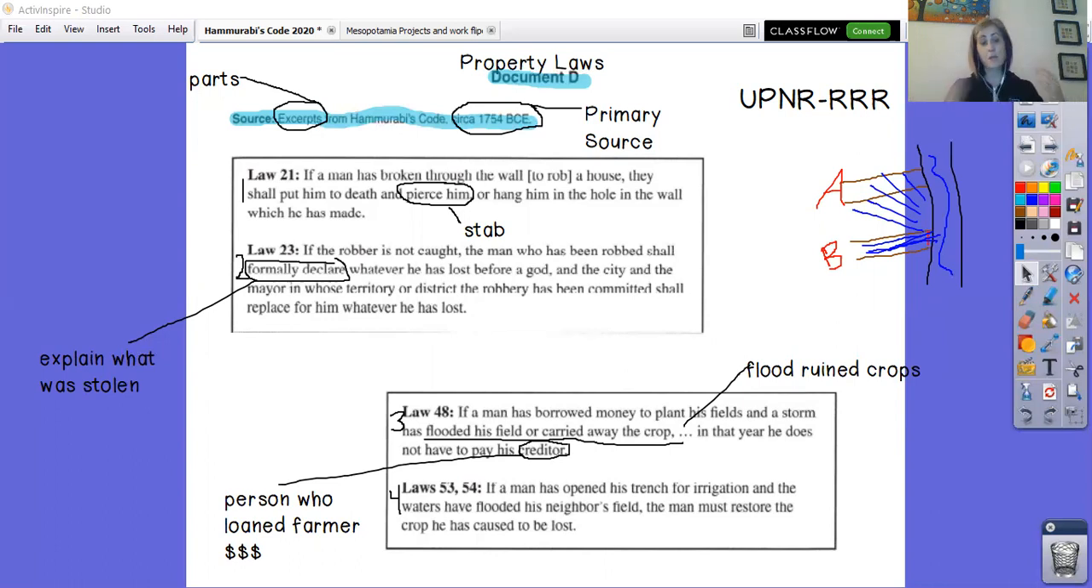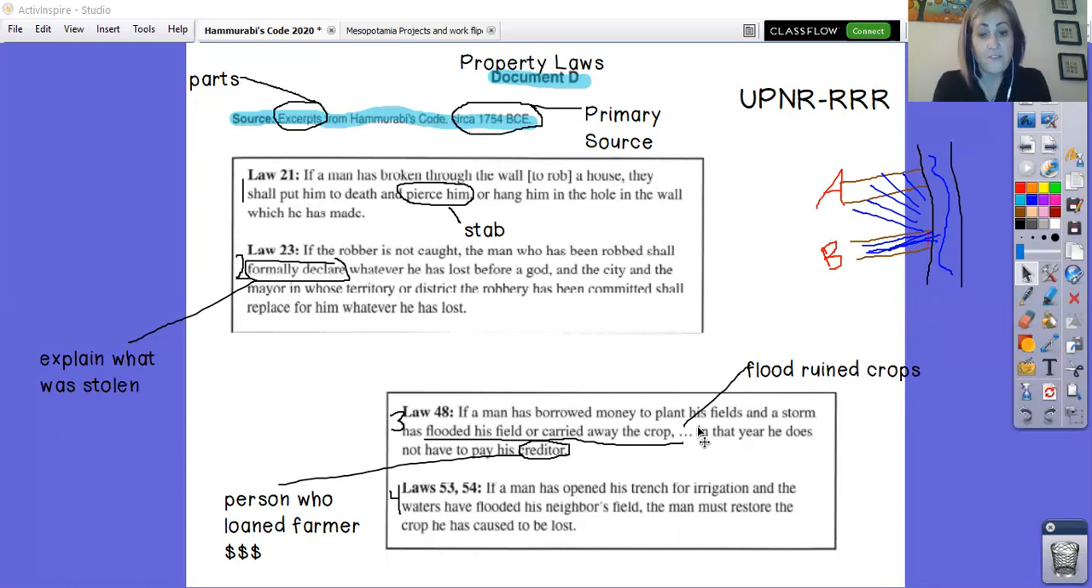Back in Hammurabi's time, someone broke into your little humble abode and stole stuff, and the robber wasn't ever caught. You would go to your mayor and be like, yo, mayor, my PlayStation, my Xbox, my scooter, and my soda was stolen. And they will replace it for you. It's kind of nice. All right, Law 48,